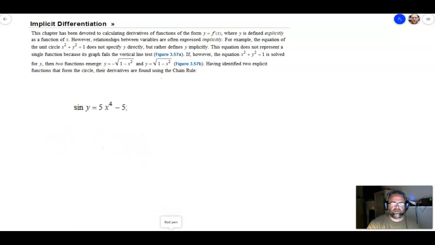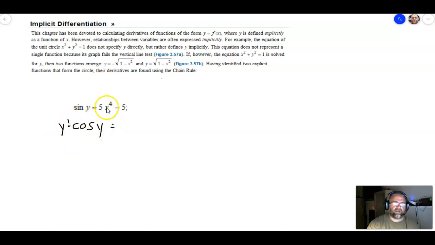So let's take a look at what I mean here. The derivative of sine of y, well, this is not x, so we're going to have to also multiply it by y prime. But the derivative of sine of something is cosine of something, so this is going to be cosine of y times y prime, because we took the derivative of something other than x, so it's y prime times the cosine of y,